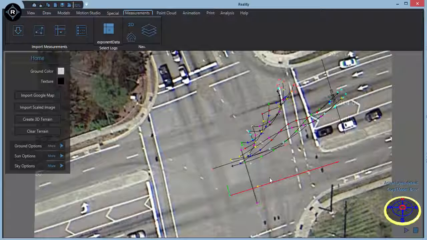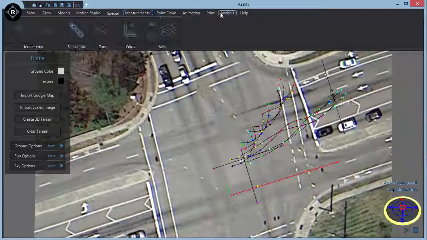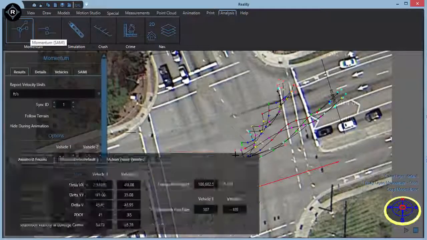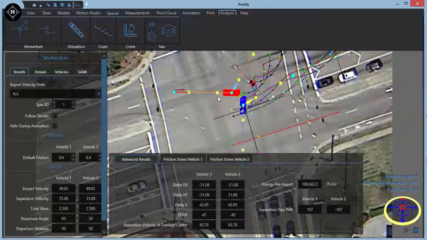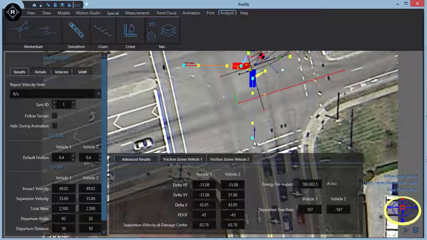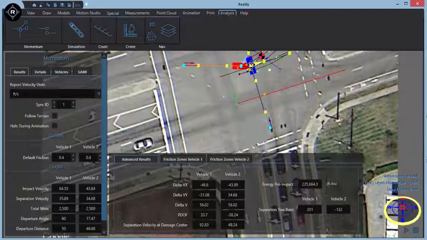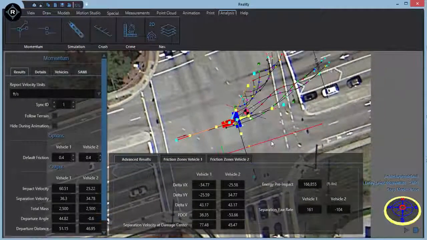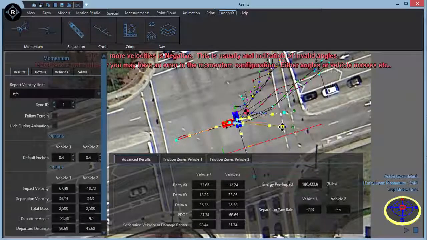Now we're ready for the next part, which is let's figure out how fast these cars were going. So we go Analysis, Momentum. So this is linear momentum, sometimes referred to as angular. So there's your momentum system, and it's live. As we're doing it, numbers are changing, things are being calculated in real time. That's what makes it particularly useful. It'll also drive error messaging